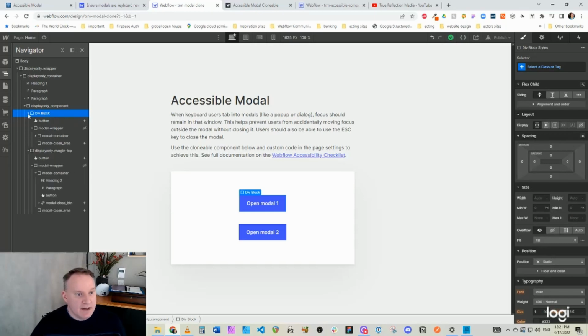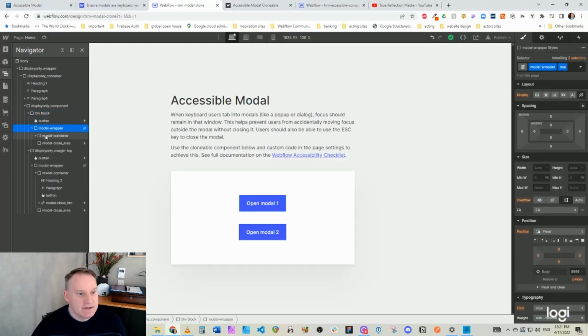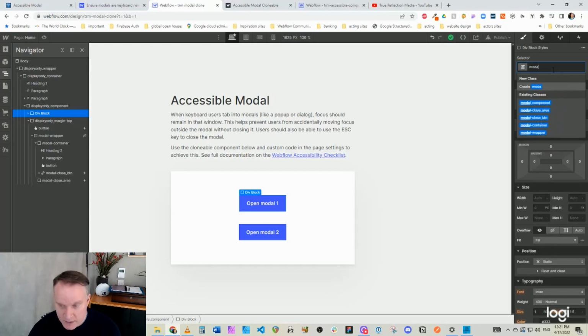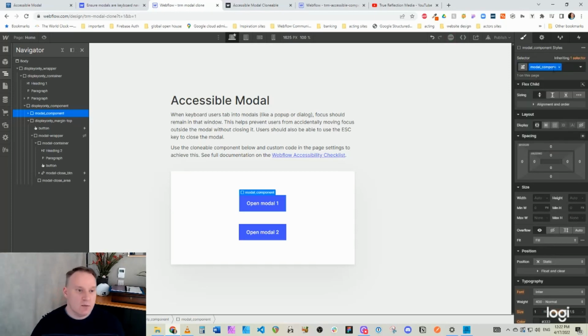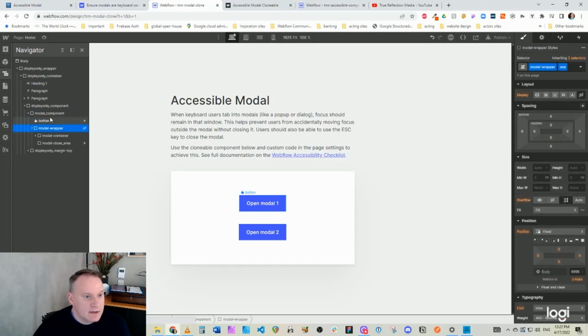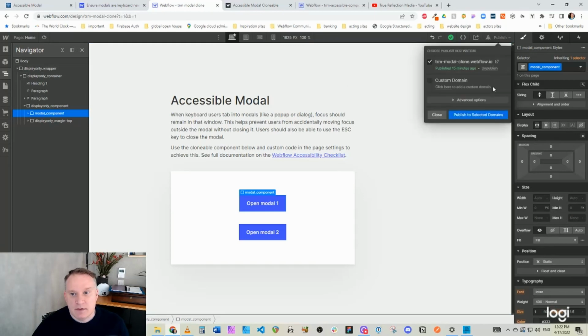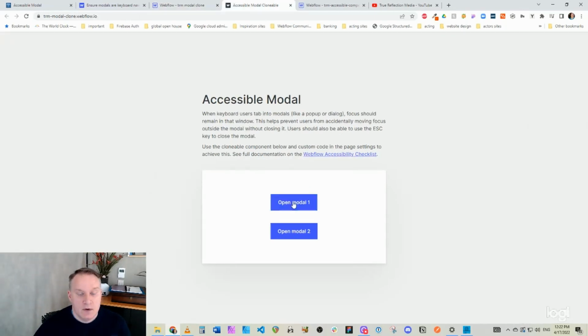because this div block actually contains the entire structure of the modal, and that is important. So we're going to do a quick thing, and we're going to turn this div block into something. We're going to call it a modal component, so that we know that every part within this component is part of that modal. So let's just take a look at that. So we made the modal component. We're going to publish this. We're going to open the modal,